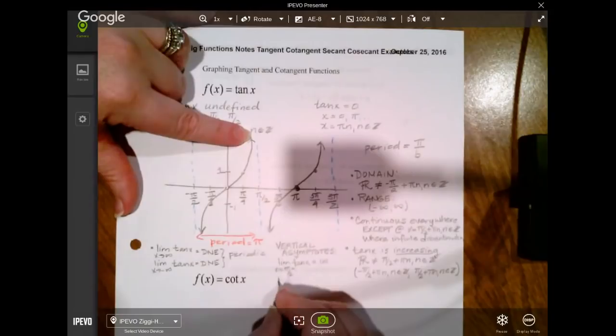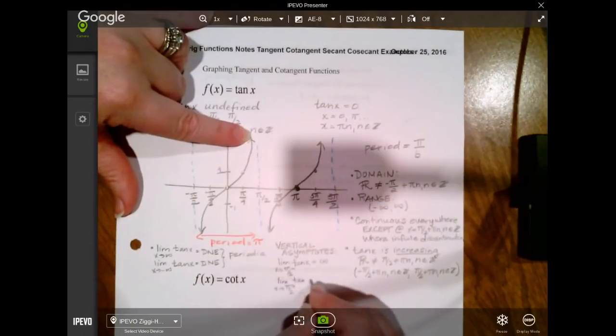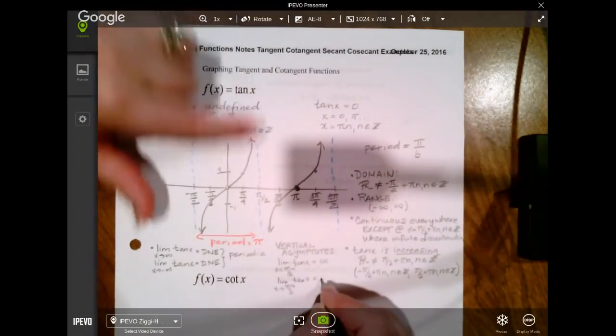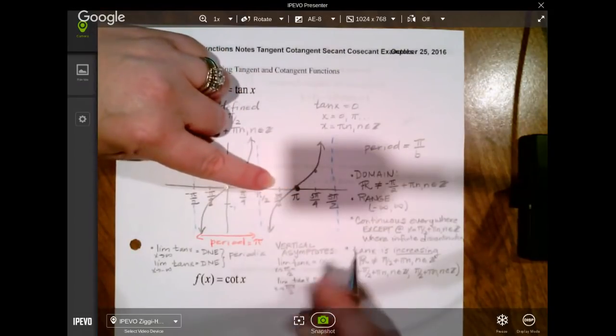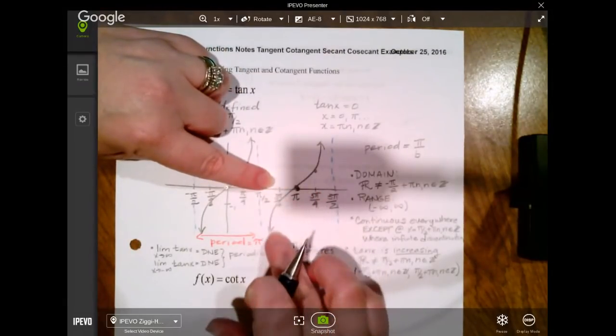The other asymptote is going to be the limit as x approaches pi over 2 from the positive side, and as x gets closer and closer to pi over 2, this function is getting closer and closer to negative